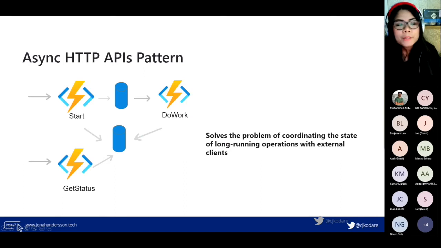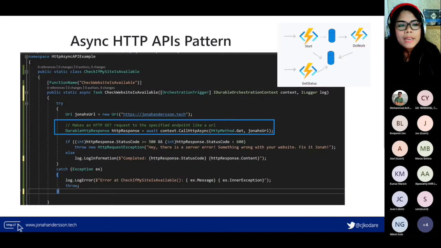And then the third pattern is the Async HTTP API pattern, which is useful if you want to have long-running operations with external clients. In my simple example here, I have a function to check if my website is available. This is like a long-running one. So I have my context or orchestration in a try-catch, and I make an HTTP GET request to a specified URL or an endpoint.